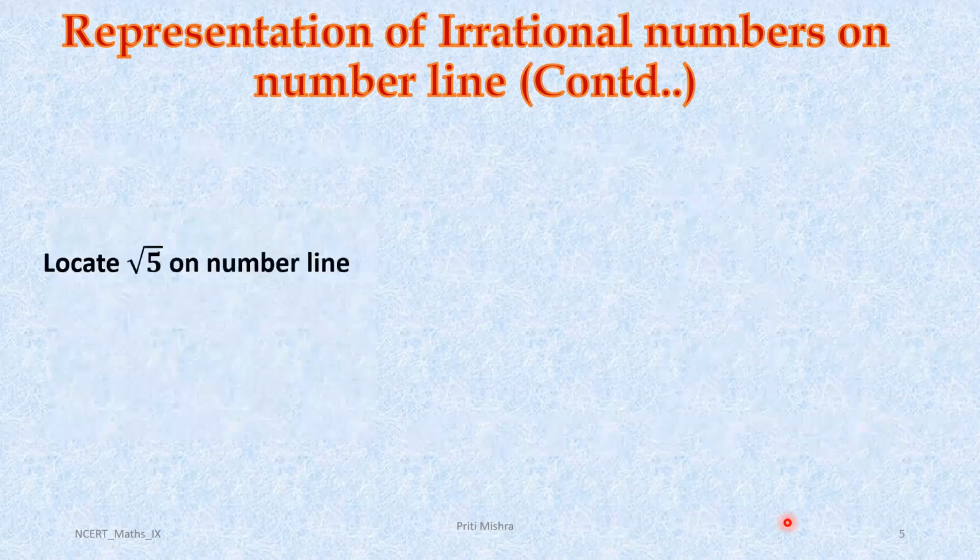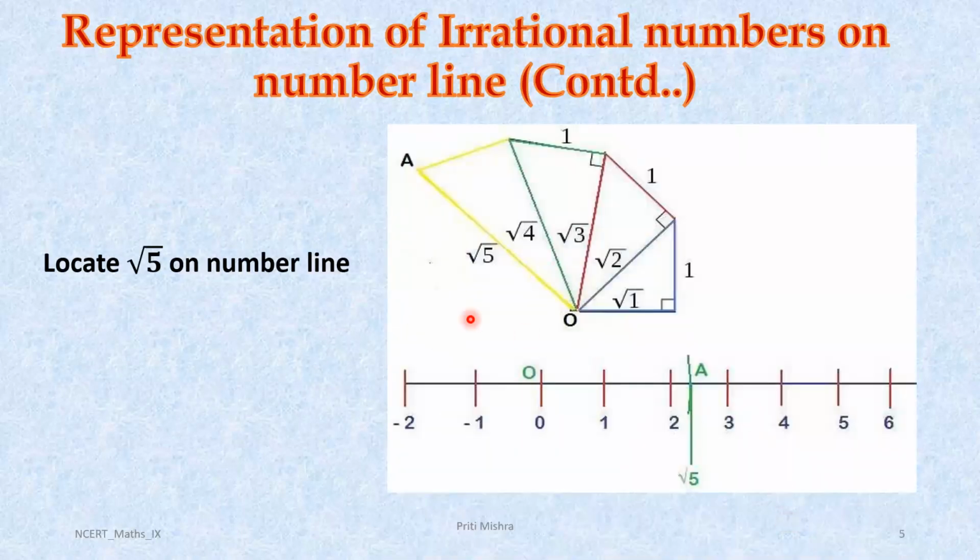Just like this, we can draw square root 5, square root 7 and many more. Square root 5, I am showing you here. We can have, just like this, square root 1, square root 2. There we had 1 as perpendicular and under root 2 as base. So we got root 3. Just like this, on root 3, we draw a perpendicular of 1 unit. We can have here square root 4. Then we will consider this length as the base and drop a perpendicular of 1 unit here. And this length OA gives us square root 5.